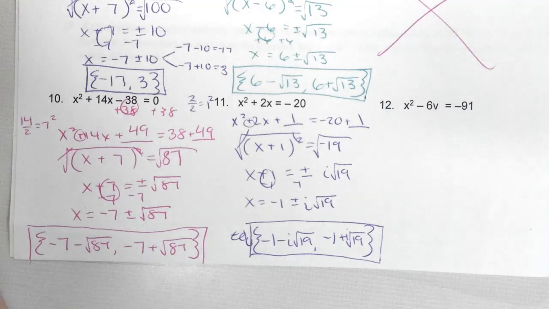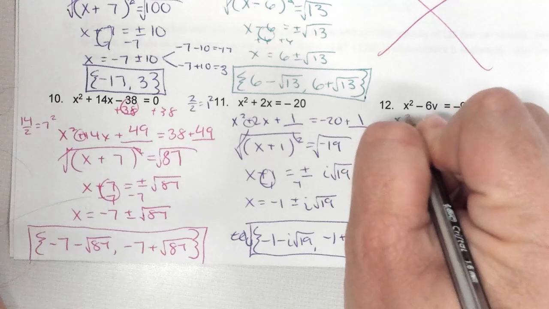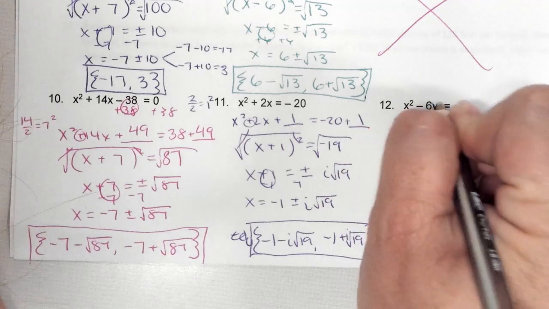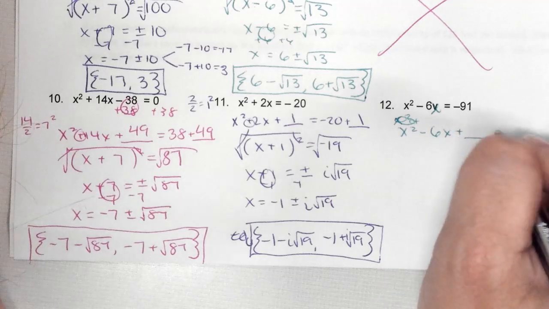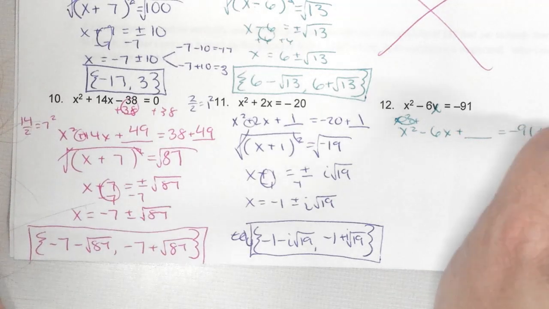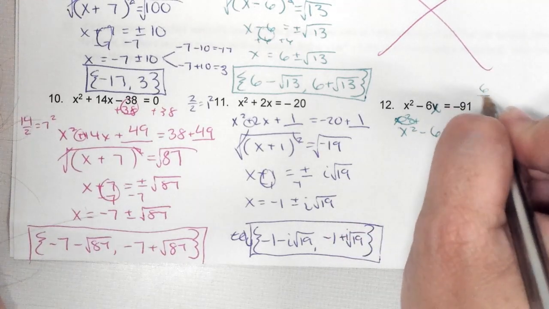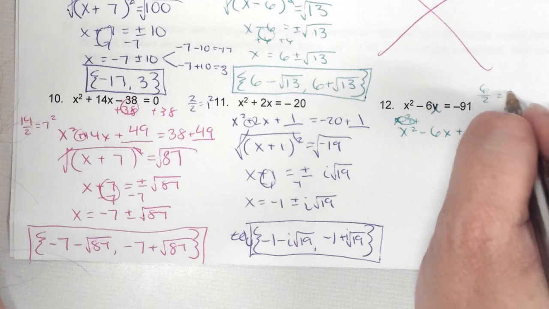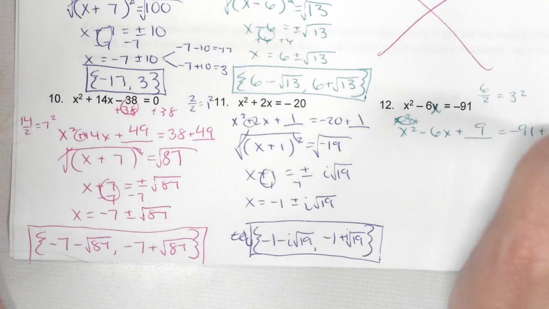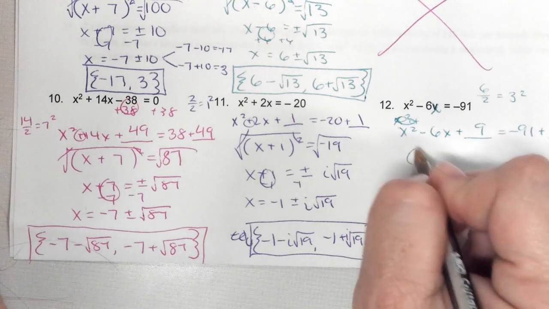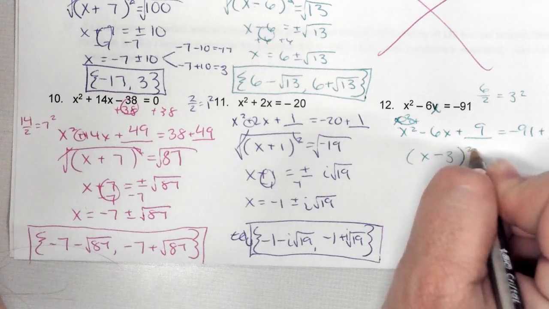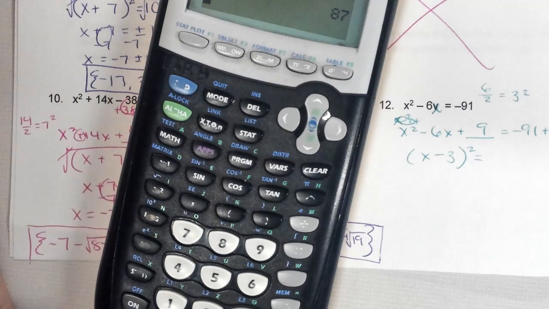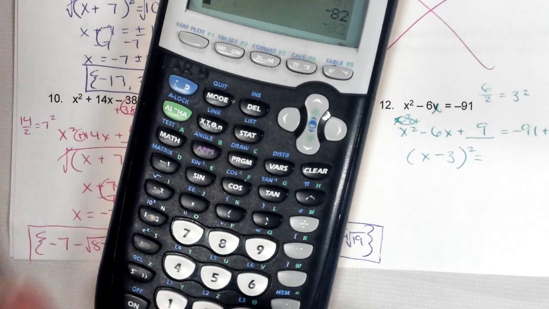Same concept, this one's already set up for you, so just rewrite it. Oop, and that should be a y, sorry y'all. So half of 6 is 3. 3 squared is 9. So x minus 3. And then negative 91 plus 9 is negative 82,